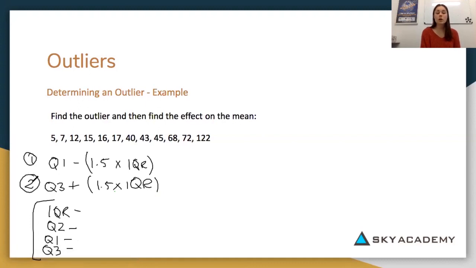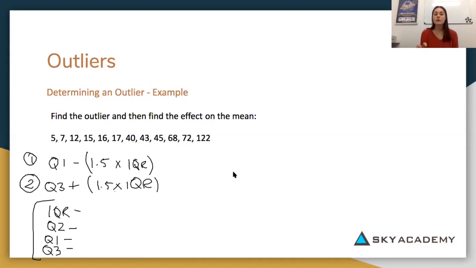So let's go ahead and have a look at our data set to find these four values there. Firstly, we need to make sure our data set is in ascending order from lowest to highest. If you do a quick skim, all of our values are getting bigger as they go along. So that's fine. Now we can find our Q2, which is halfway, the